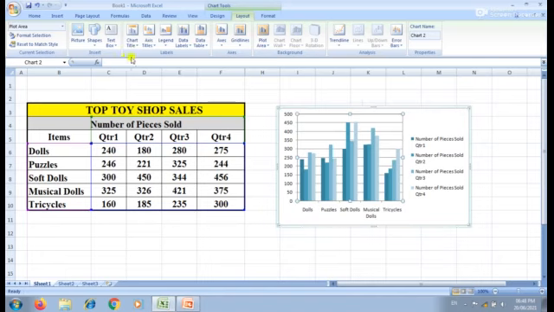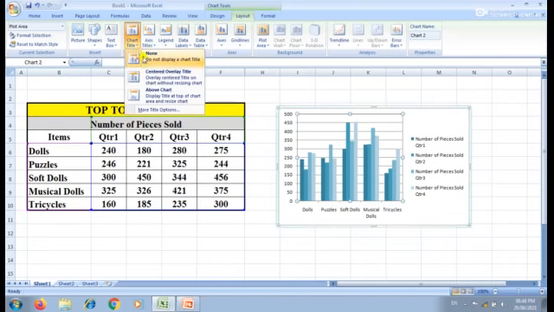See here, many groups are available. Under the labels group, I am going to click the chart title. Okay, when I am clicking this chart title, some drop down list opens. Here I am going to give the chart title. You can give the chart title above chart or centered overlay title.